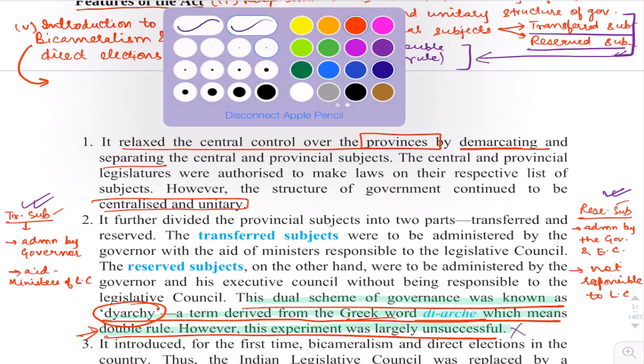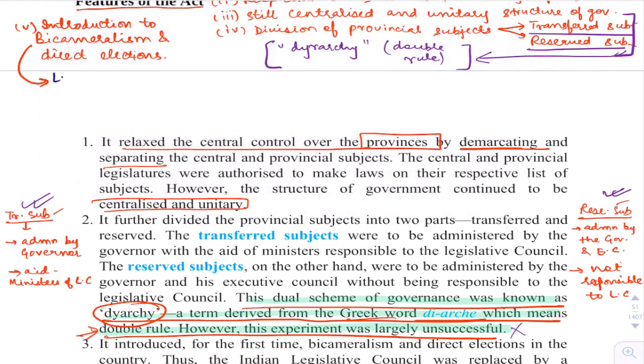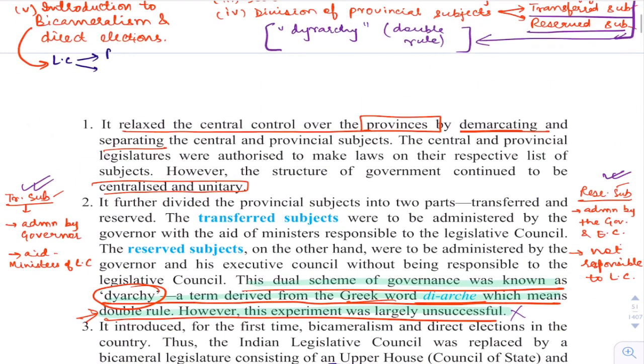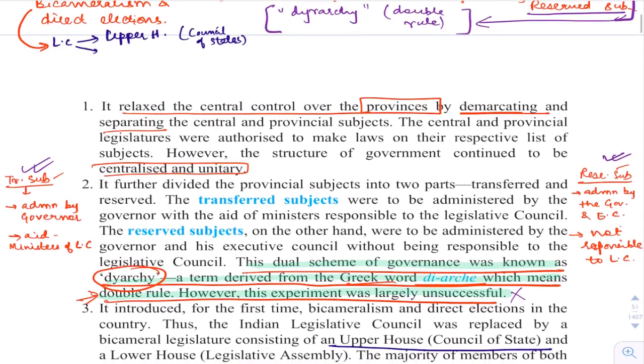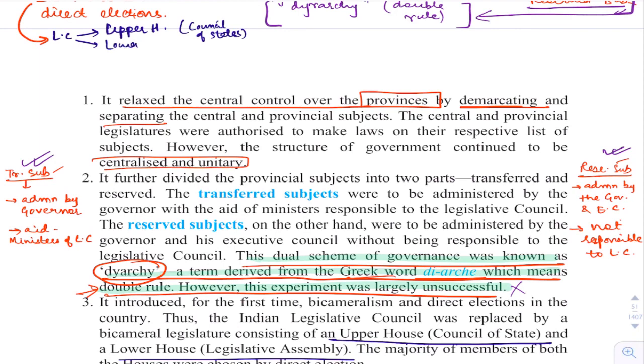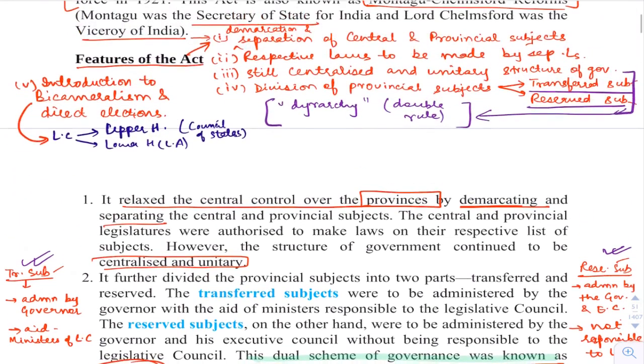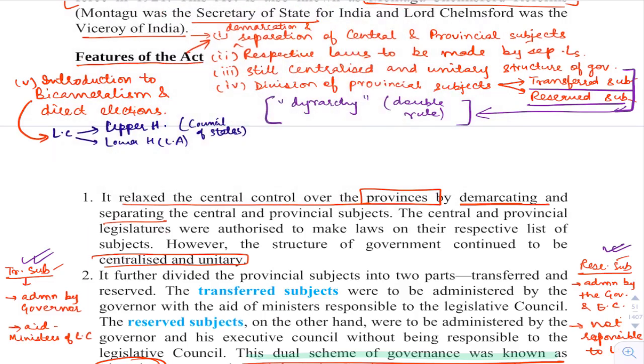बाईकैमरलिज्म के विद इन में हम लोग लिखेंगे कि जो लेजिस्लेटिव काउंसिल था, now it was divided into, जैसे यहाँ पे इन्होंने लिखा है अपर हाउस एंड लोअर हाउस. So you have upper house Council of States and you have the lower house the Legislative Assembly. And what they are telling, that the majority of members of both the houses were chosen by direct election. So again handy बहुत आ जाएगा prelims में if they ask you कि यहाँ पे इनके members कैसे choose होते थे. So you can say